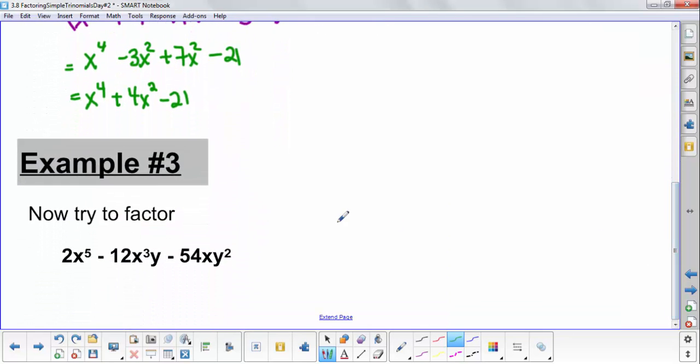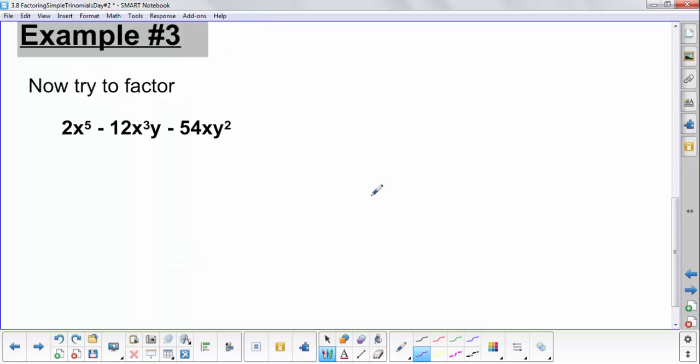Okay, and now for our final question. Let's try and put all of what we've learned into this question. So the first thing is, let's common factor if possible. Well, definitely 2 is common to all terms. I see an x common to all terms, and the lowest exponent on that would just be 1. And that would be it. Unfortunately, there's not a y that belongs to all the terms, so 2x is it. I'm going to divide each term by 2x, so this leaves me with x to the power of 4, negative 6x squared y, and negative